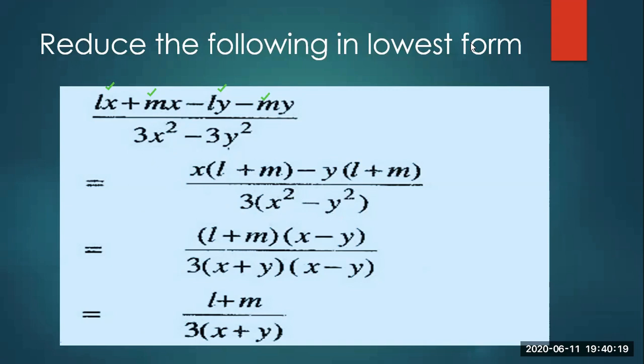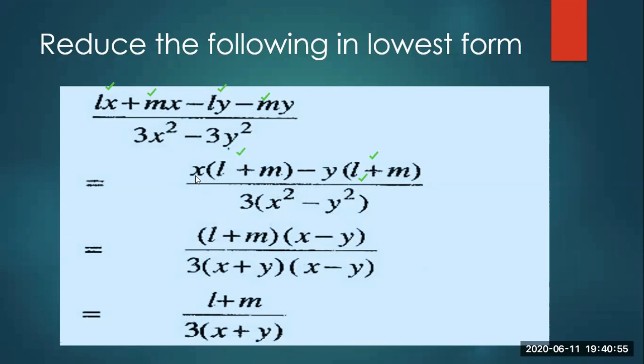Here is one important thing to remember: the variables inside the brackets should be the same. L plus m, in the first bracket you have seen it is written L plus m, and in the second bracket it should also be L plus m. It should be the same. The variables should be the same inside the bracket. So L plus m, L plus m is written twice, but I'll write it just once: L plus m